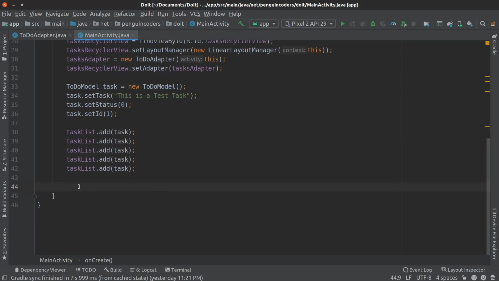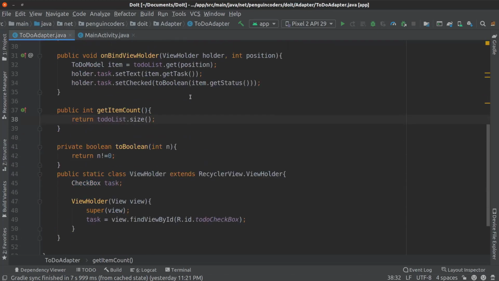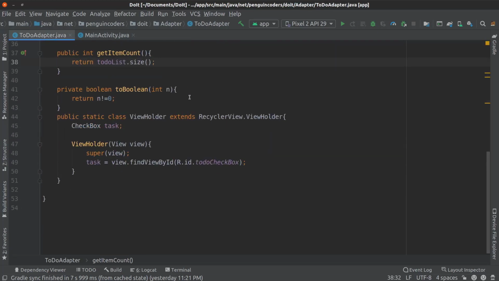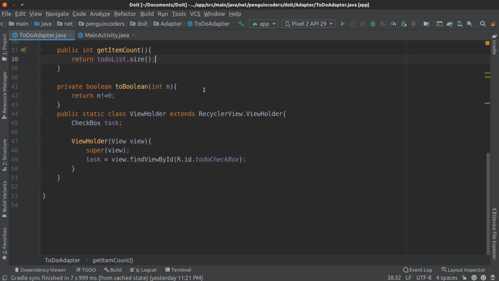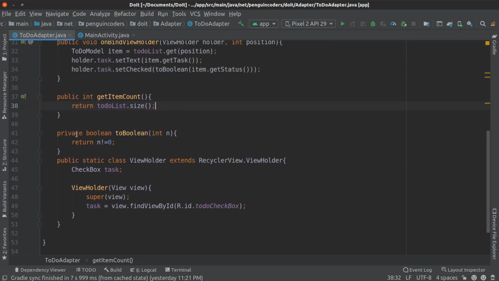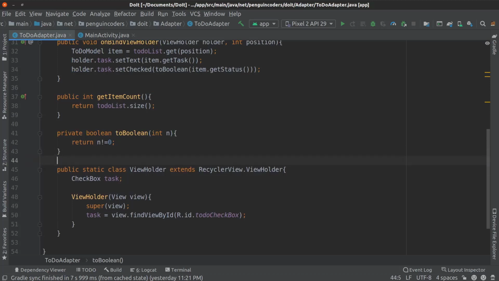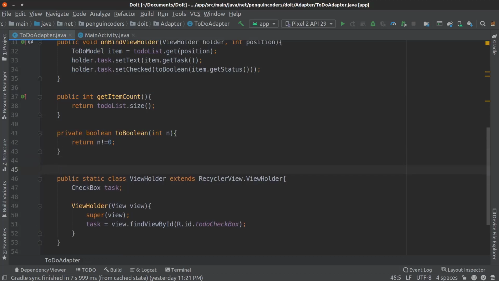Okay, now what we will do is update our recycler view so that it can show these tasks. I will define a new function in ToDoAdapter where I will be able to set the tasks. After the toBoolean, I will write a setTask function.